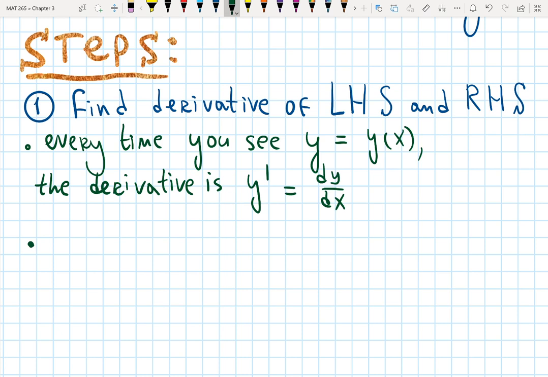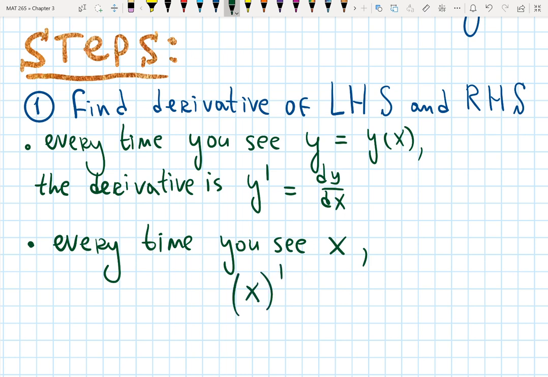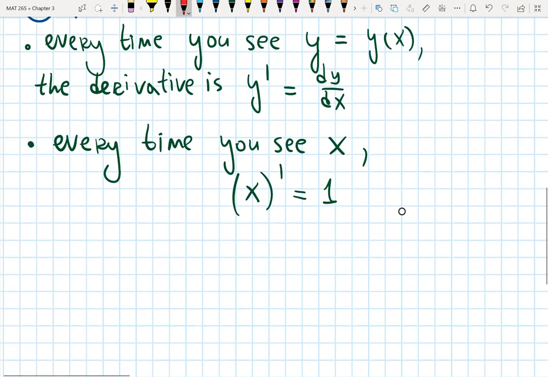Just longer to write. Second one, every time you see x, the derivative of x, you will be shocked, but it is 1. Right now it looks a little bit dumb, but you will see what's the idea here. One variable is independent and the other one is dependent. So this is the most important point to point out right now. Y is a function